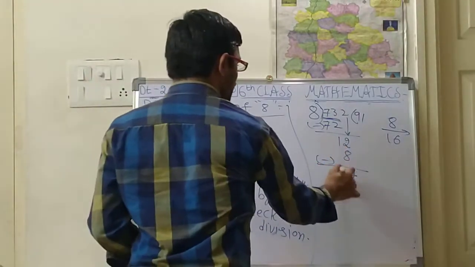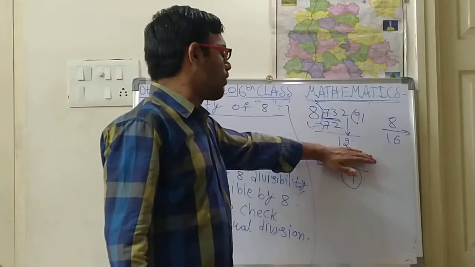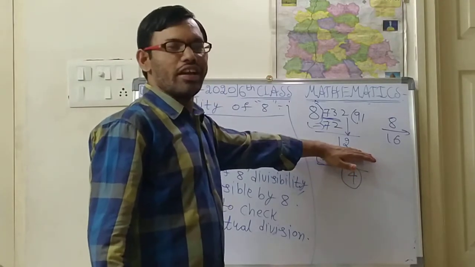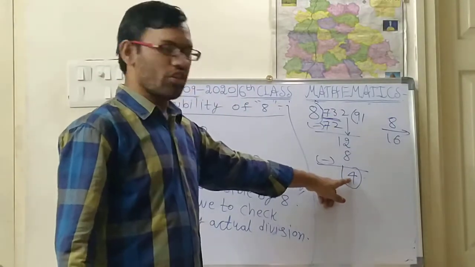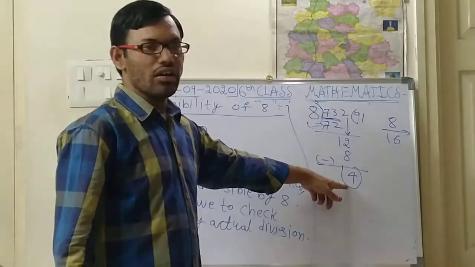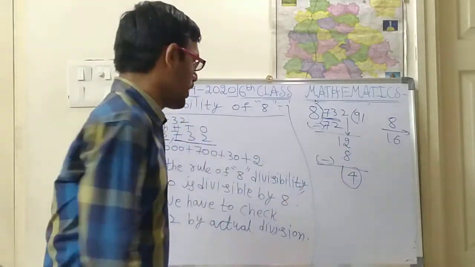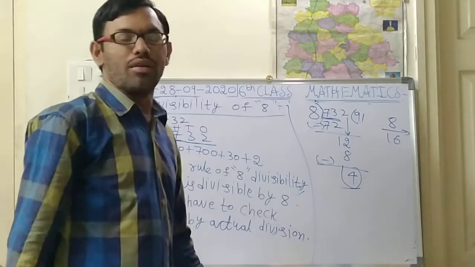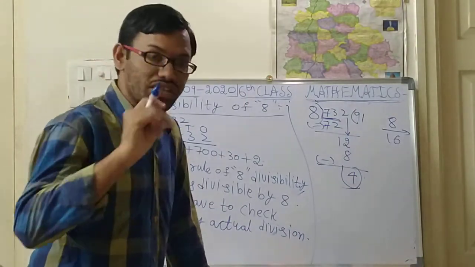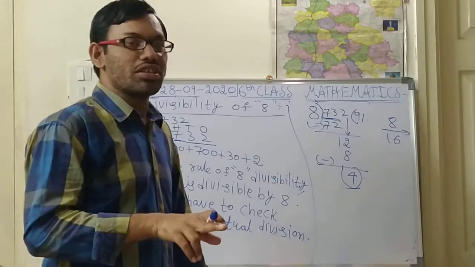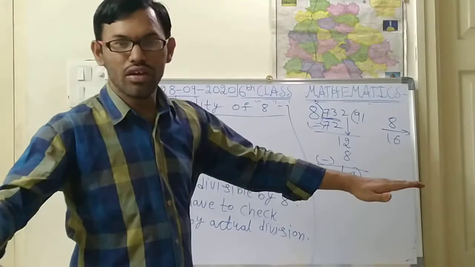Up to here you are not supposed to write more. Up to here only it is enough, because 12 is not dividing in the 8 table, so no need to do again. If you want, for your satisfaction you can do it, to get a single digit remainder. So 4 is a natural number. For whole numbers, 0 should come. If a natural number comes as a remainder, then that number is not divisible by 8.